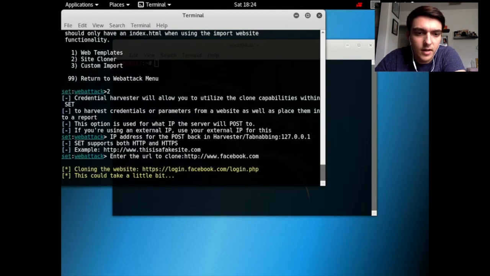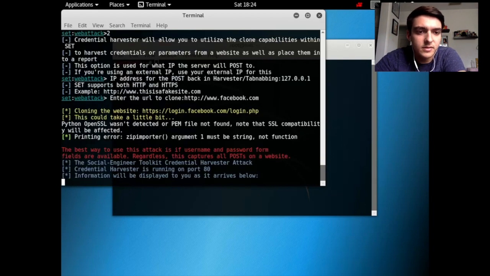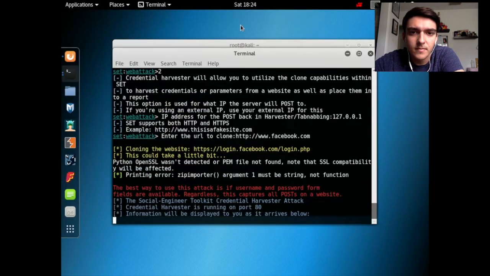Once we do that, it's going to take a little bit. Right here I get an error on my page, nothing to really worry about there, but now we're all up and running. The information will be displayed to you as it arrives below. As you see here, it's running on port 80, which is what's used to access the internet. Now what we could do is jump into